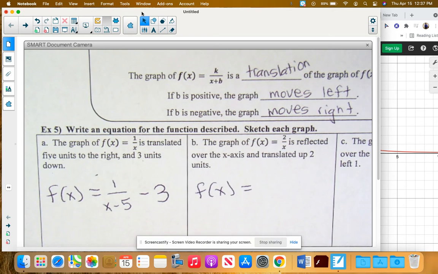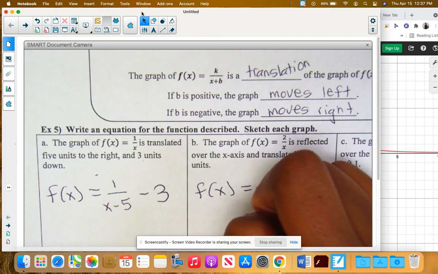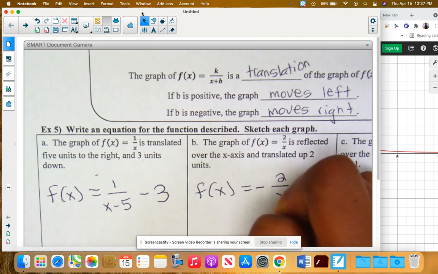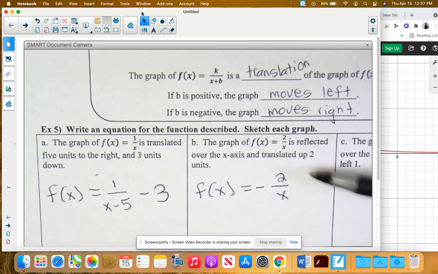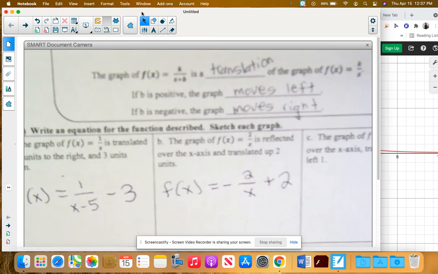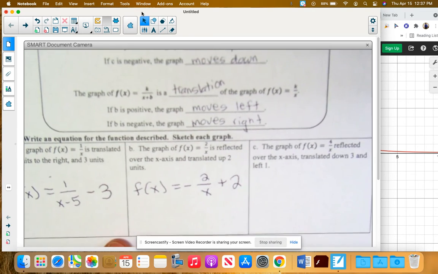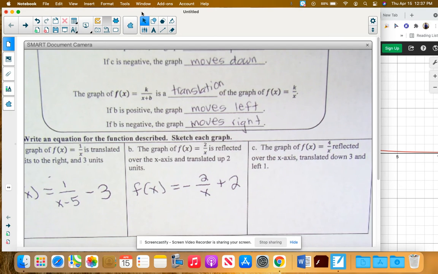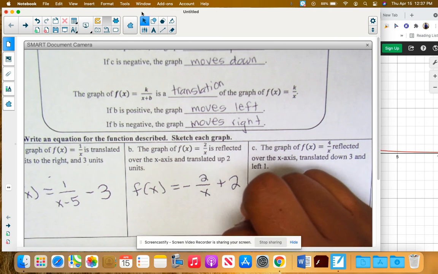So a reflection over the x-axis means I need to add a negative in front of my whole function. And if I'm moving it up 2, that means I need to add something on the outside of my fraction, up 2. And last but not least, the graph of f of x is equal to 4 over x reflected over the x-axis, translated down 3, and left 1. So this is going to look like,